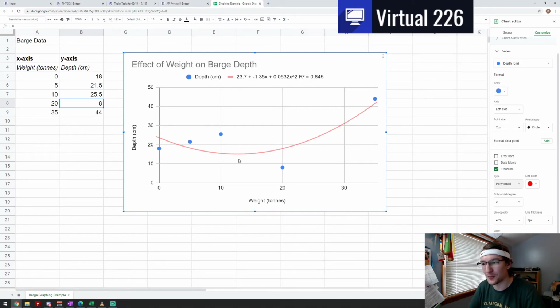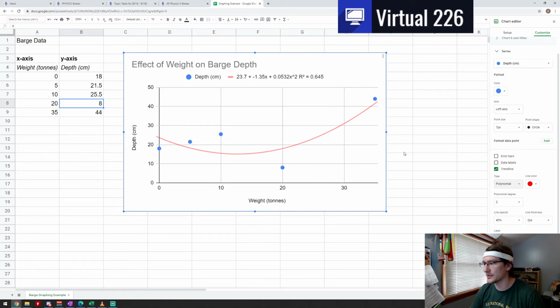As you put weight in the barge, it is sinking. It goes down in the water. This curve here is saying that it's doing the exact opposite. You know that's not right. But it's technically a better fit. Should we use it? No, we shouldn't use it. Absolutely not. It's a better fit, but the computer is just trying to run an algorithm to get a line